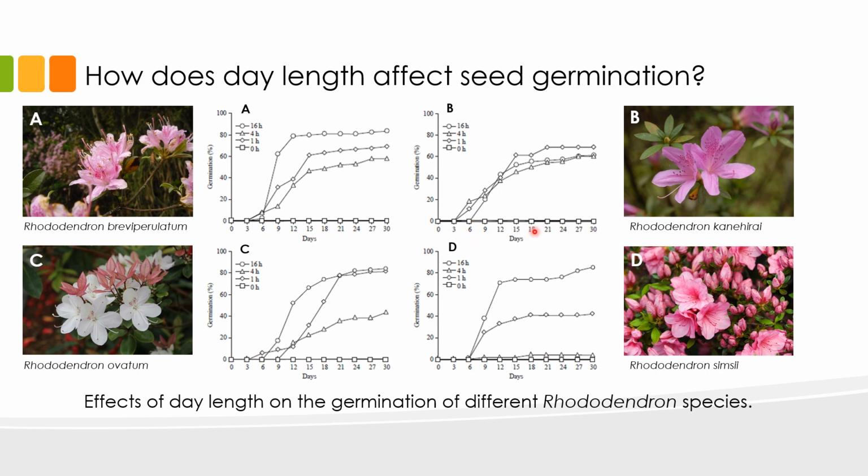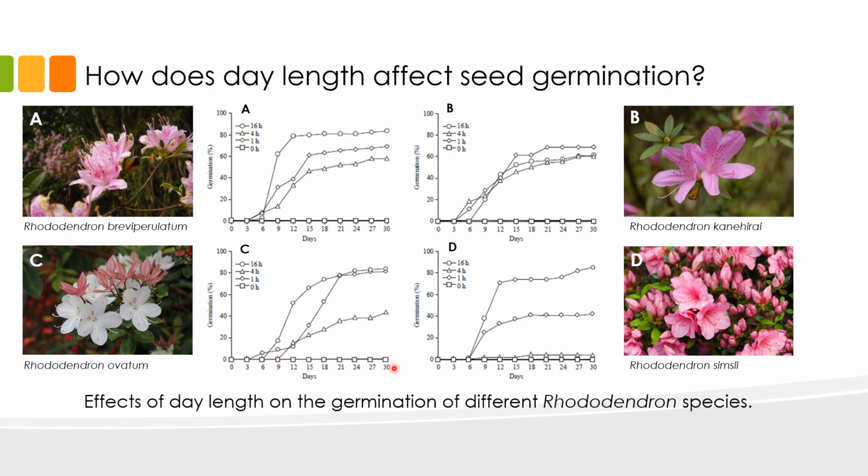Based on the results, we can say that all 4 rhododendron species require light to germinate. In the absence of light, none of the 4 rhododendron species germinated after 30 days, and that is indicated by the line graphs with the boxes here, here, here, and also here. These lines graph the germination rate of rhododendron that were not exposed to light, and as you can see, they